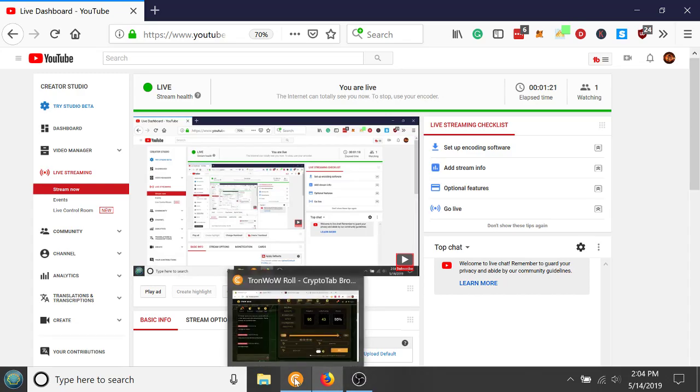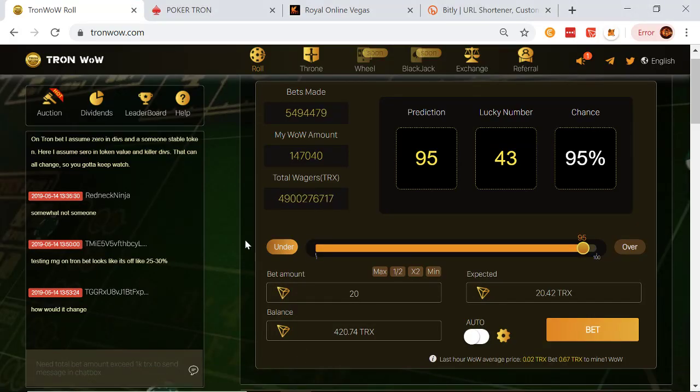I'm going to be talking about basically how to profit on any Dapp, and this is something that I don't think has been explained very often. One of the factors you can control, and one of them you can't. Tron WoW makes it a bit easier to control, and I'll discuss that here in a moment.